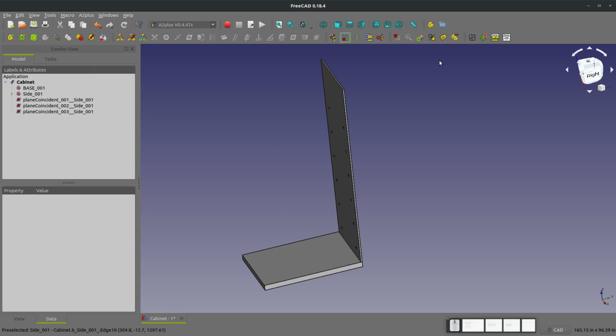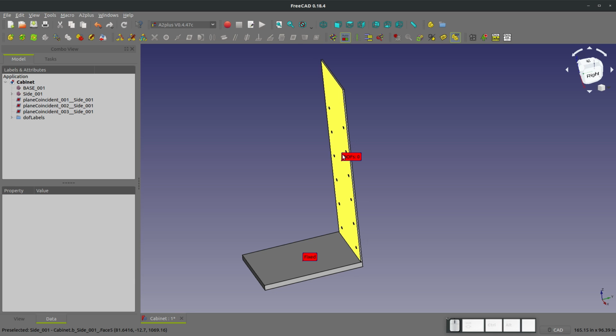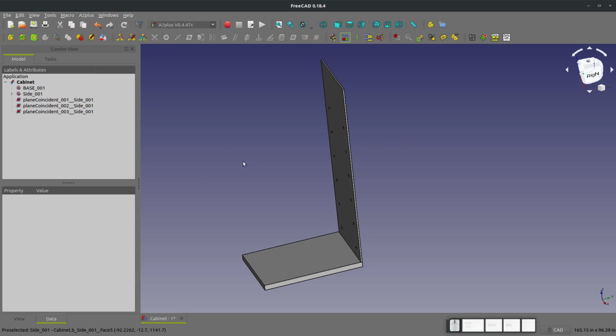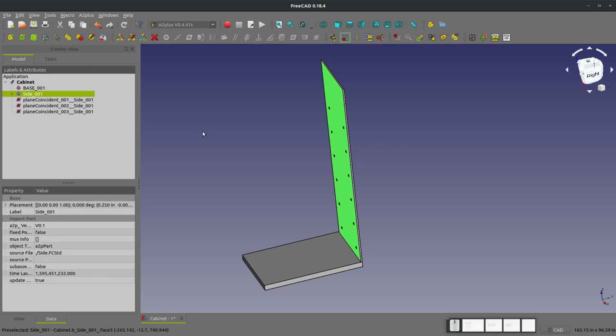And for that, I can toggle this button right here that has a DOF on it, or degrees of freedom. And you'll notice my first part that I put in is fixed in place, and this part has 0 degrees of freedom. So normally red is bad, in this case red is good, because I want to have a fully defined assembly. If I have to move something around for some reason, it doesn't matter how many degrees of freedom I have, I can use this button here,